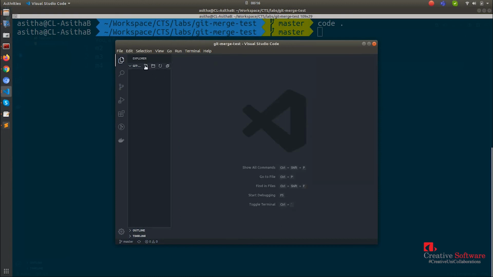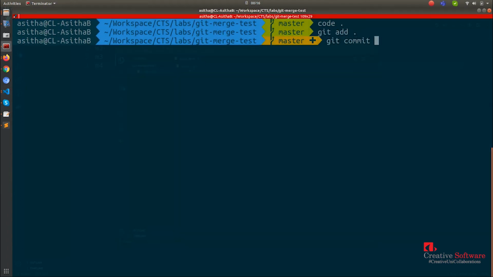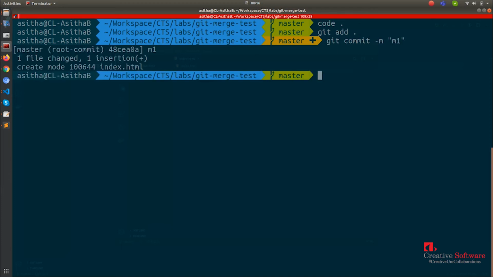So we'll take a file, index.html. We type a code, m1. I'm going to go fast here. We add that, we commit with the message of m1, and we push the changes. Push origin master,